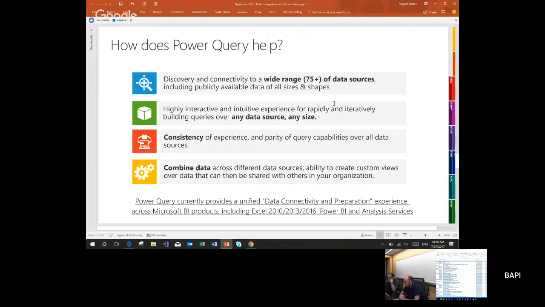The experience that we provide to define and build those queries to reshape and filter data is UX-based. It's point and click based on a preview of the data. It's also based on a subset of the data, which is an important point here. It doesn't matter if you're extracting data from a table that has 200 rows versus 200 million rows. You operate in the design phase on a subset of the data, usually the top n rows, where n is somewhere between 200 and 1,000 or 2,000, depending on the type of operations you're doing.